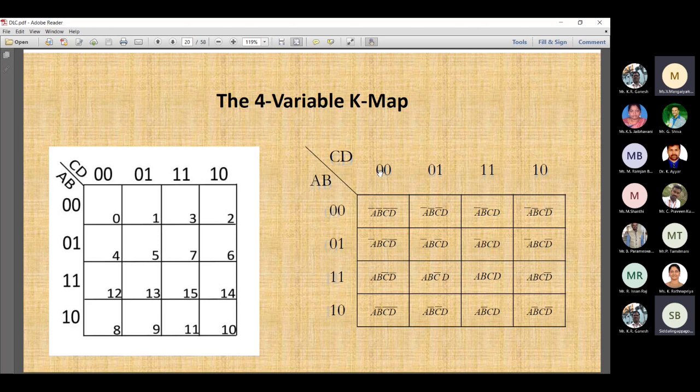Here if you see, 0 0 0 0 is there. If you want to represent it in terms of min terms, then 0 0 we can write as a bar b bar, and here c bar d bar, right? So the multiplication of this is a bar b bar c bar d bar, right? If you consider here, then here you have a b bar and c d, so a b bar c d. It's a product of these two. That's it, right? So when you have a 0 here, we write a complement, because it is expressed in terms of min terms.